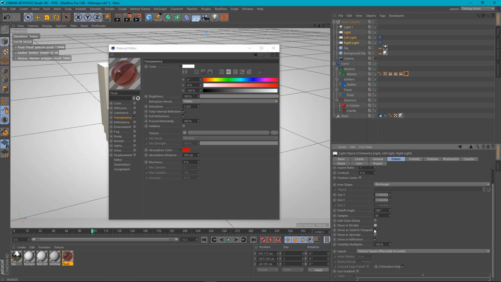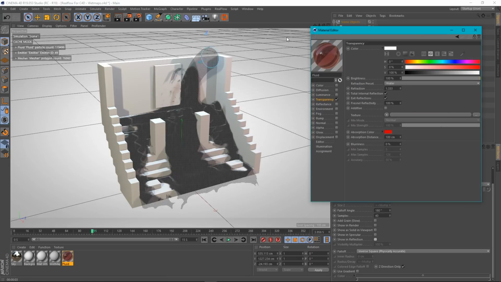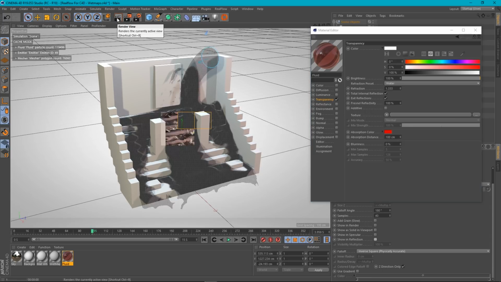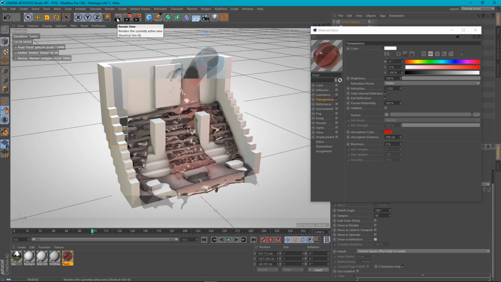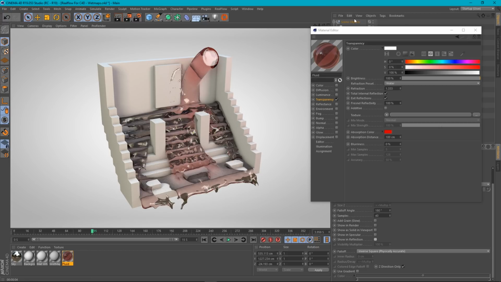And they're also shown as solid in the viewport. And do I want them shown in reflection? No, I don't. These are PBR lights, by the way. So let's have a look at that. Okay, so that's a lot better. And I think